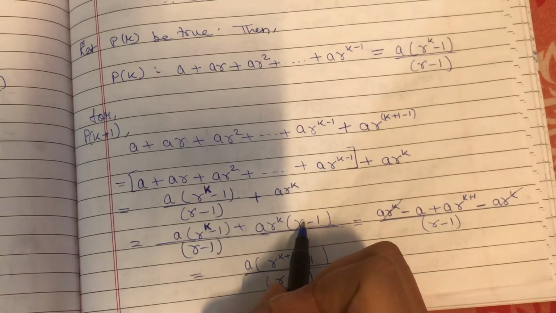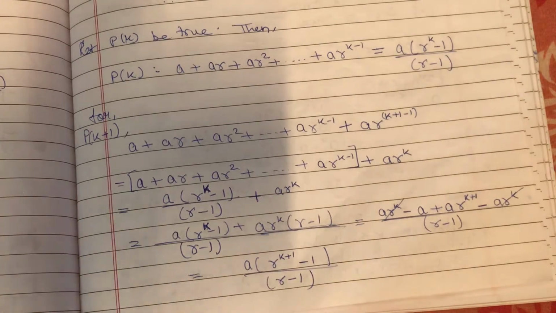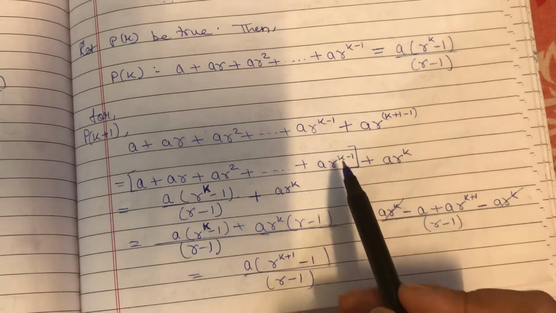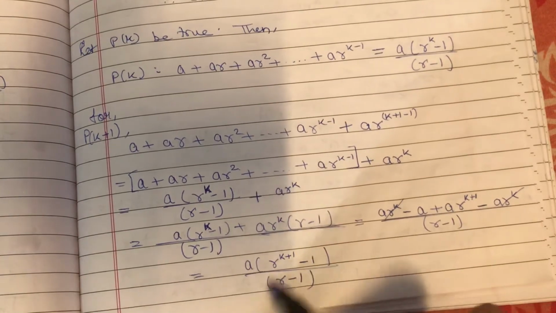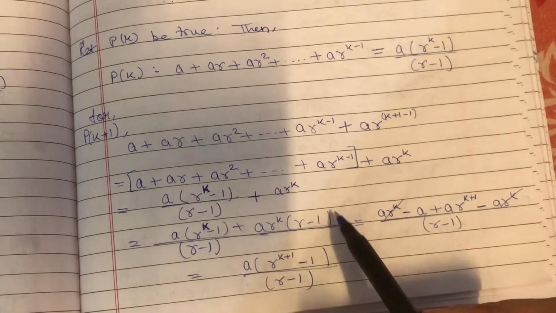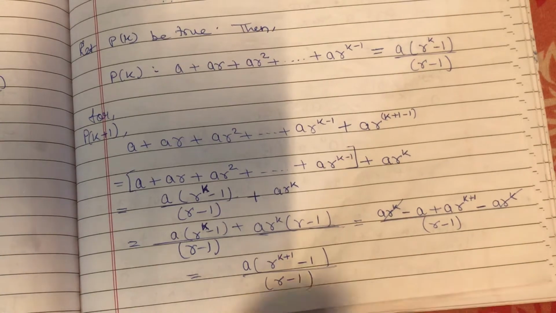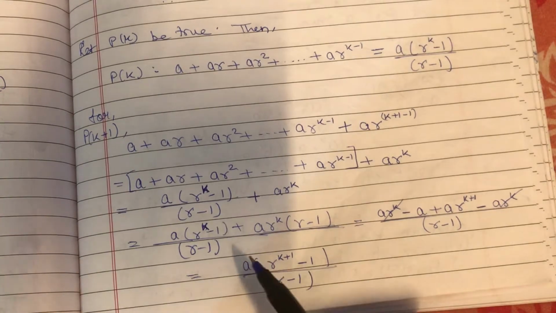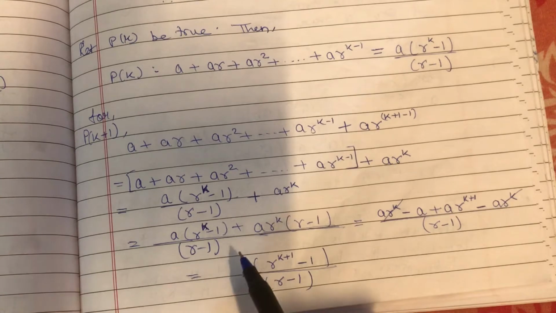You know what the difficult part is in PMI? It is a very easy topic, but the difficult part is this: till here everybody can solve. After this, to prove k+1 is true, getting to the RHS is the difficult part. Now what is the solution to that? As many questions as you practice, you'll get to know where you have to take LCM and where you have to take common. So it depends on practice, right? So I suggest you solve the maximum number of questions from this topic, because this is a very scoring chapter, and as you know all the steps are very common in all the questions, right? So practice as many questions as you can. Try to cover each kind of question, because this is a very scoring chapter.